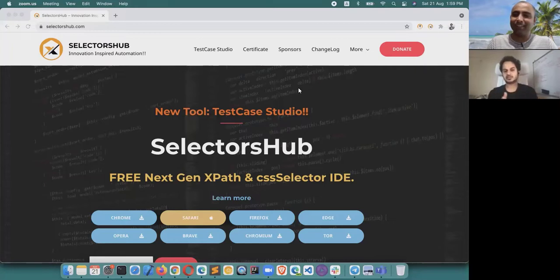Yes, there were some uncertain circumstances, which caused me to take the decision to move on from CrowPath, and so that happened. But it's good that now we have Selectors Hub, which is way more advanced than CrowPath, very helpful and innovative, with a much better XPath algorithm and selectors, and huge support for all kinds of web elements and all the problems it has solved. So now it's the new reality.